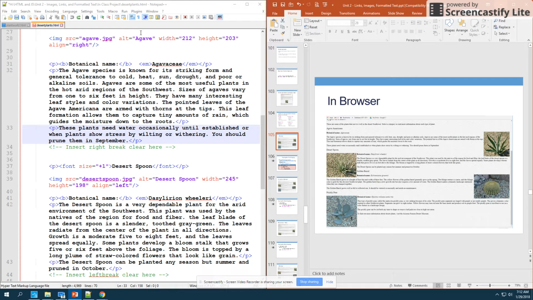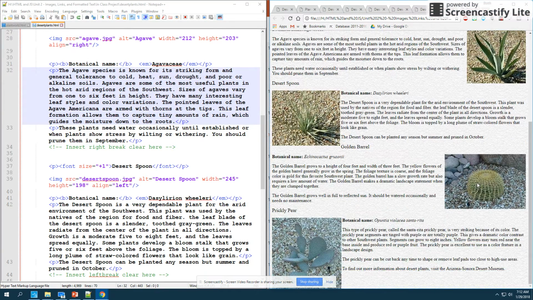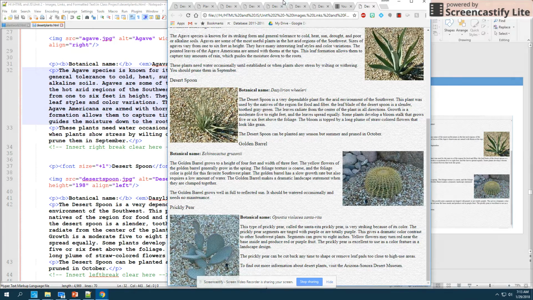Okay, so at this point, you should have all of those images added in. And so if I save my program and run it, you should see that you have all of your alignments added to your different images for those different desert plants. Now, something I want you to notice is if I make this full screen,